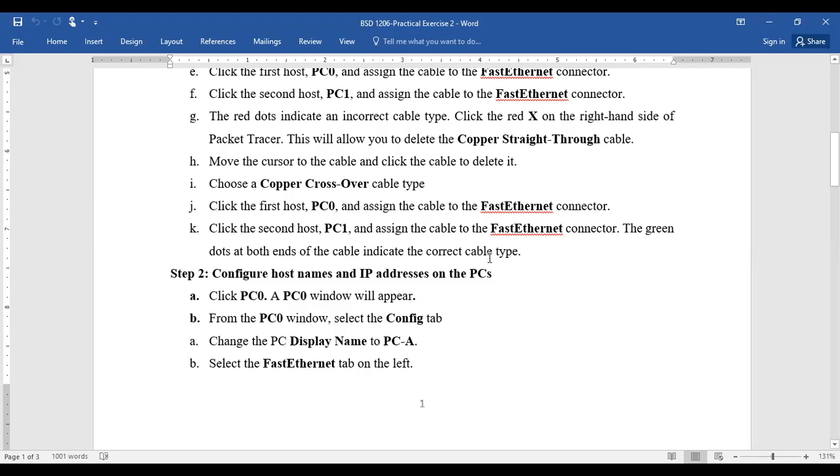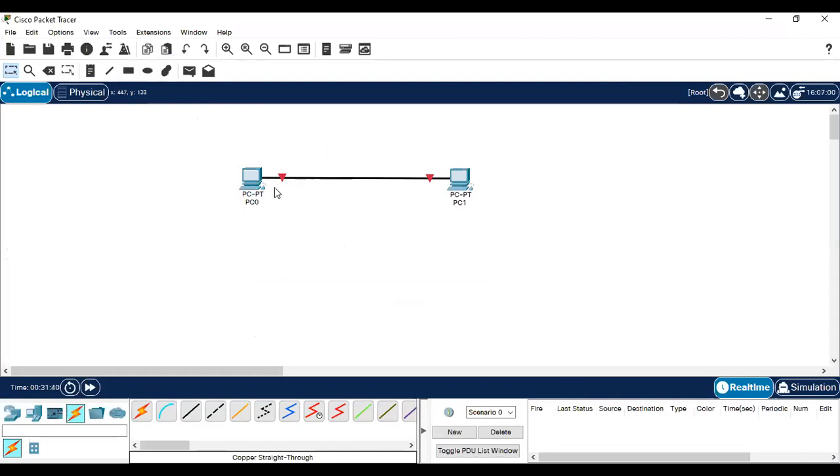Okay. So in short, what we're trying to say here is that the copper straight through connection cannot be used to connect 2 PCs together. For us to connect two PCs together, we will need to use the copper crossover. Okay, the copper crossover. So the procedure said we click this. If you click this, then it will allow us to delete